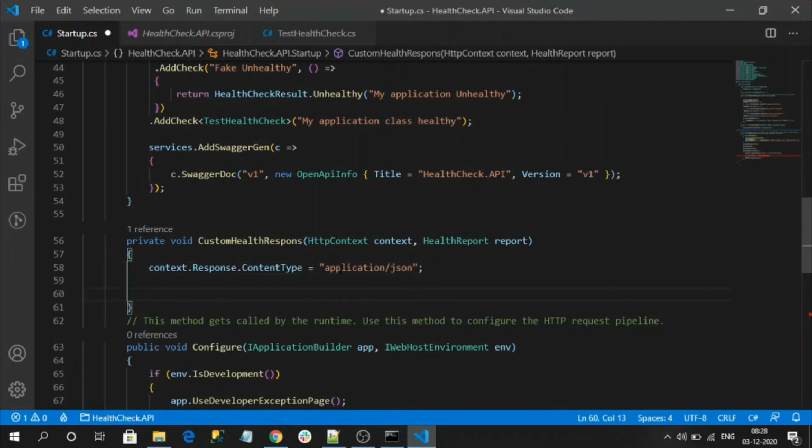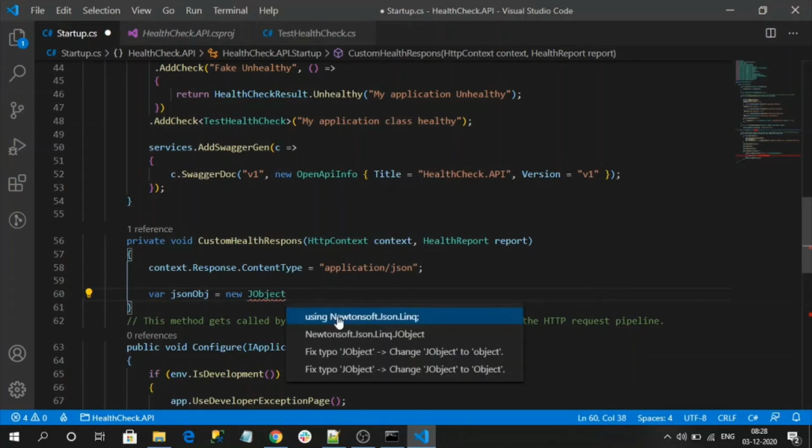Now I am going to create a JSON object using Newtonsoft JSON in such a way that it represents my entire application's health checks and their descriptions, any data the health checks are returning, and as well each and every health check report and the overall status. So let me create a var jsonObj and new JObject. This is Newtonsoft's JSON object. So import that namespace.